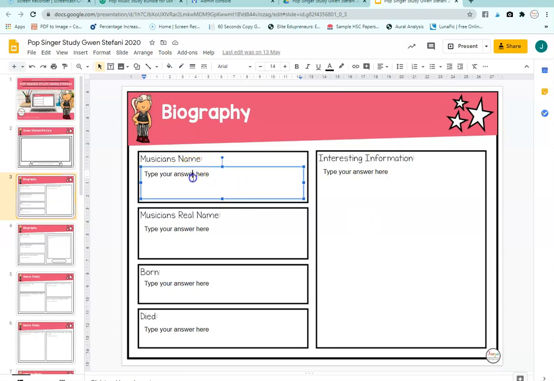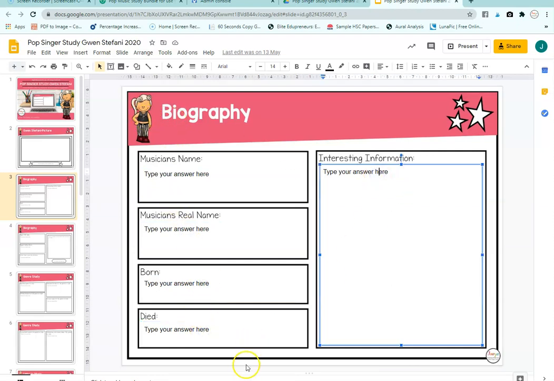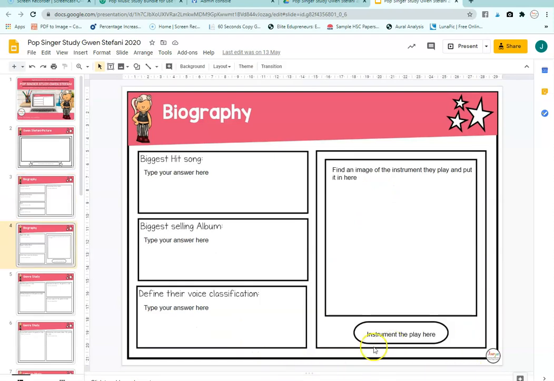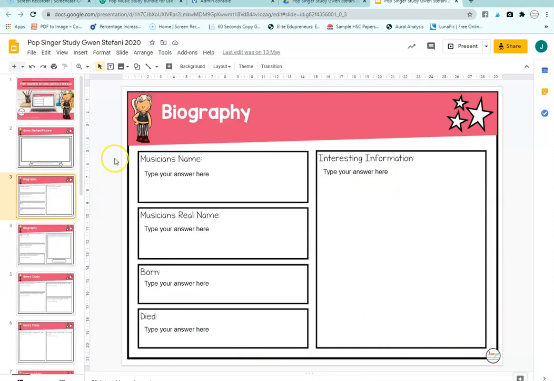So what's the musician's name? What's their real name? When were they born? When did they die? Which hopefully for most of these you don't. Any interesting information. Now, the wonderful thing about this is, if I go back to there,